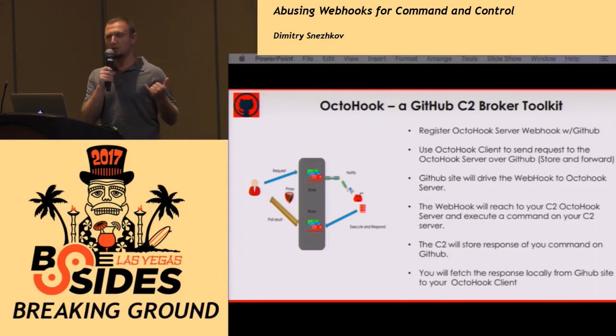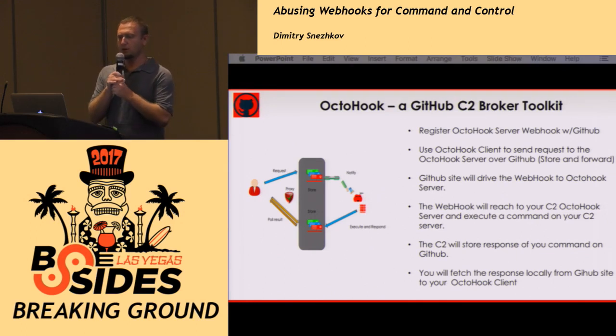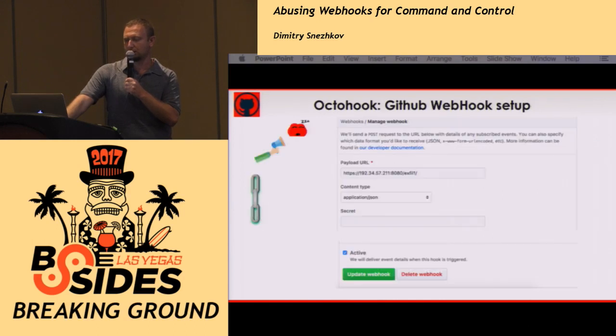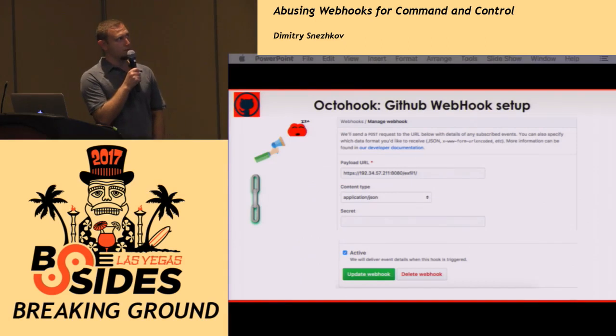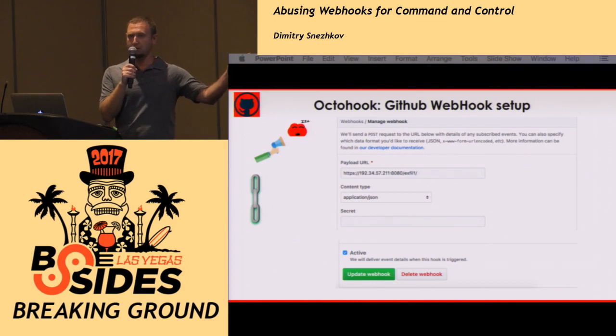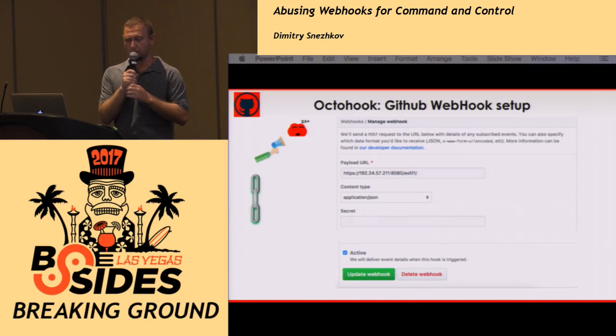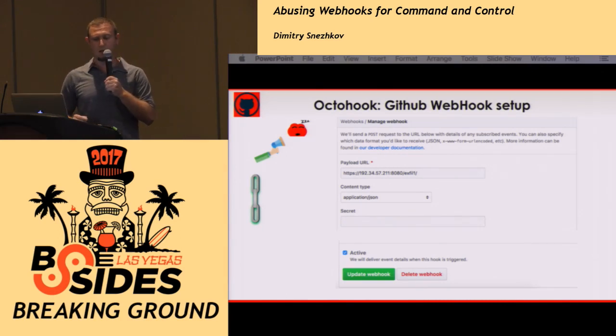We're going to register the Octahook server through the webhooks, as we talked about before. And we're going to use the Octahook client to send requests to the server through GitHub. So first things first, when you get to GitHub, you have a very nice set of APIs, as we talked about. You need that for your communication. The payload URL is what your client is going to be receiving. This is the URL. The format that it is going to receive it in is JSON,